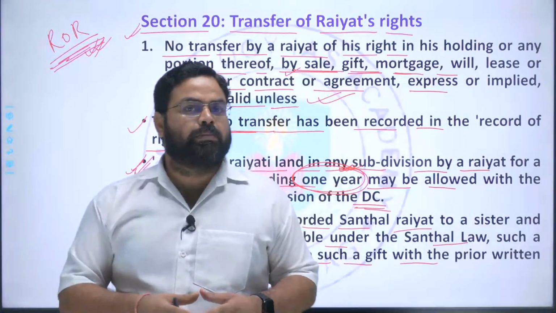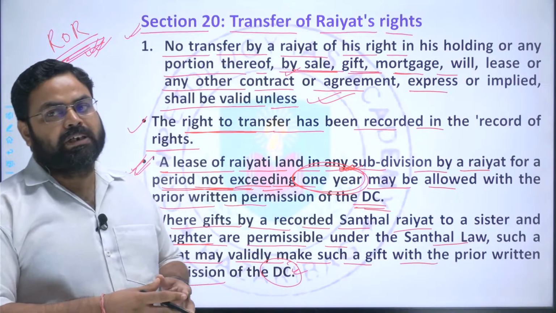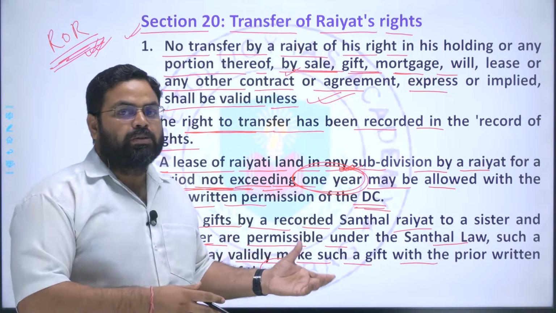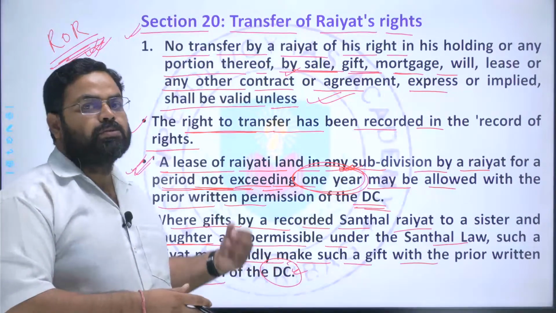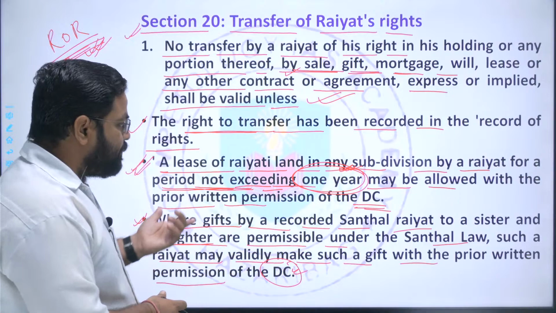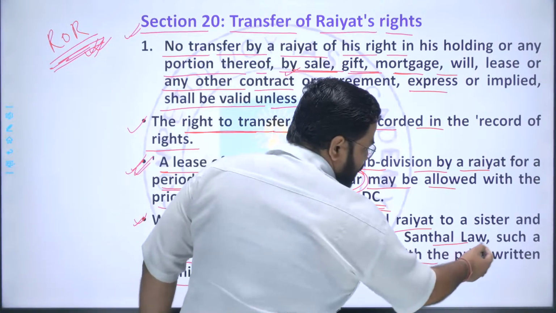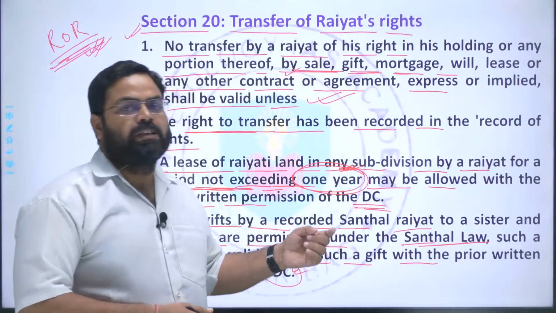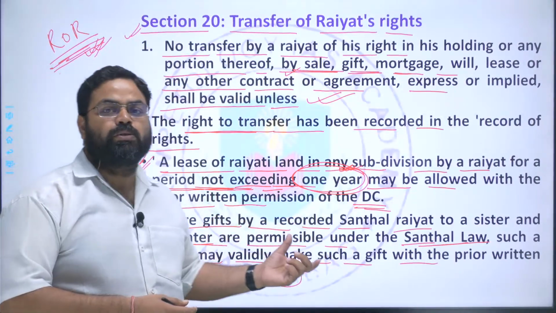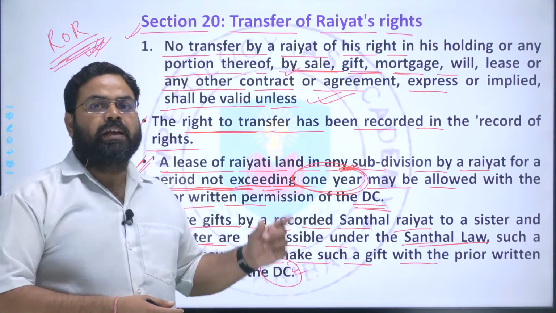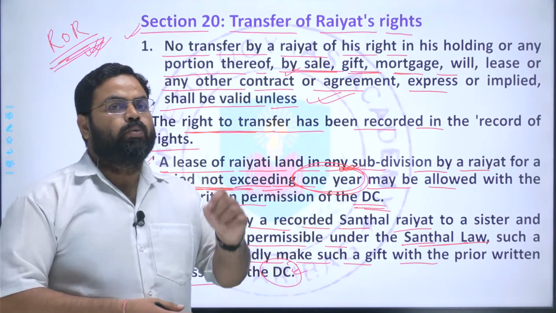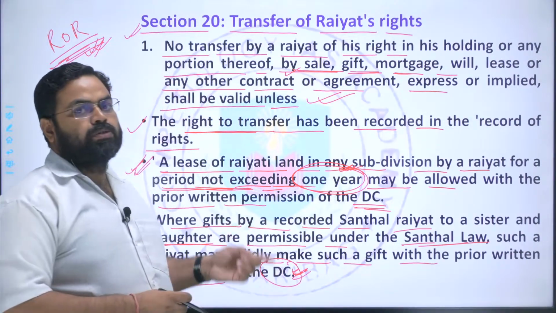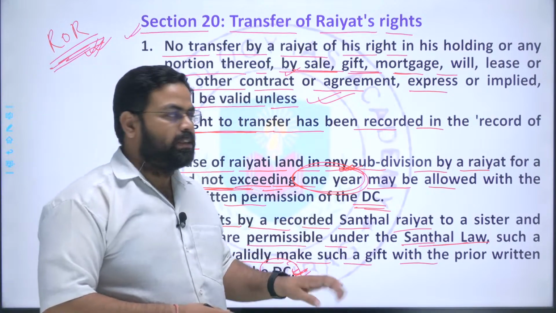Now under the Hindu code bill, the women are also having the property rights, they can inherit the ancestral property, but during that period they were getting such kind of things only through gift. So if under the Santhal law it is allowed that they can gift their land to their sister or daughter, and if it is mentioned in the record of rights and it is allowed according to the local customs, then also they can do this only with the prior permission of the DC. In such case also they need the permission of DC, right?